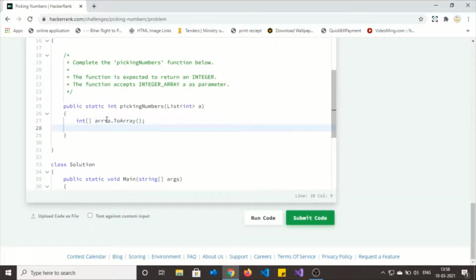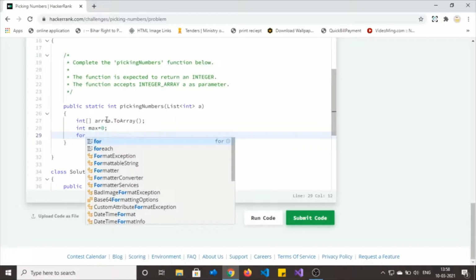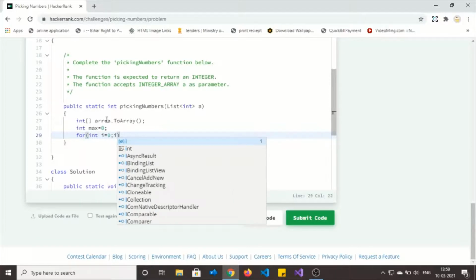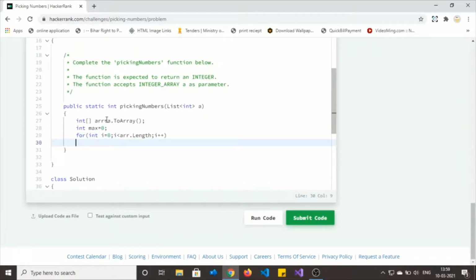I need one variable in which I can store the maximum length of the array. Okay, I need one for loop. Using that, I can loop through all the elements, and finally i plus plus.